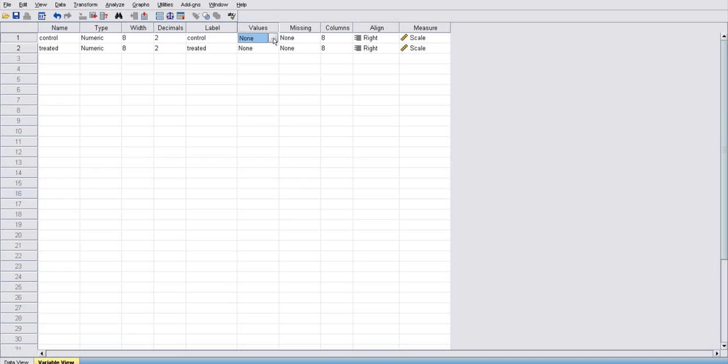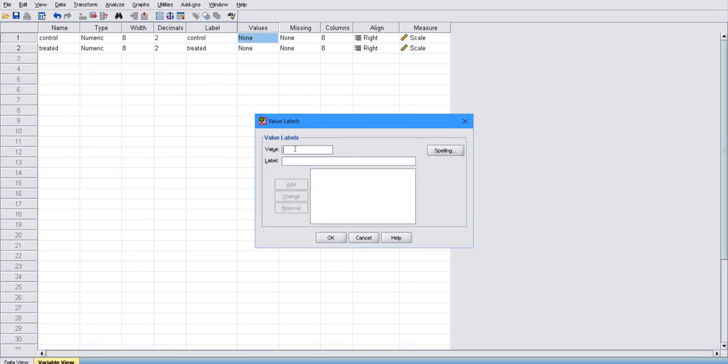After that you need to set values. One is control, two is positive control, and 3, 4 and the remaining are the various concentrations of drugs.